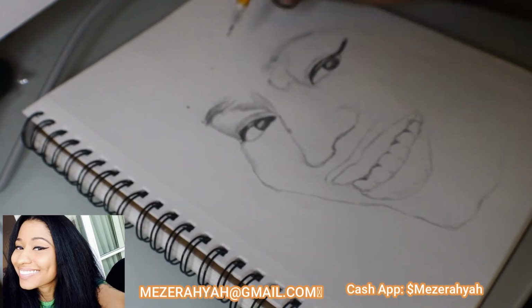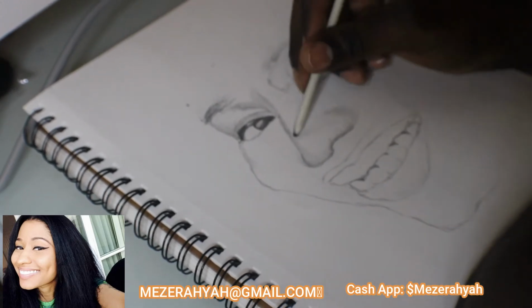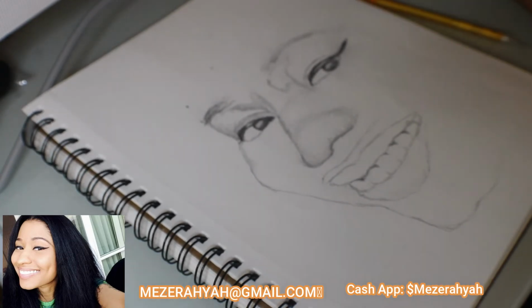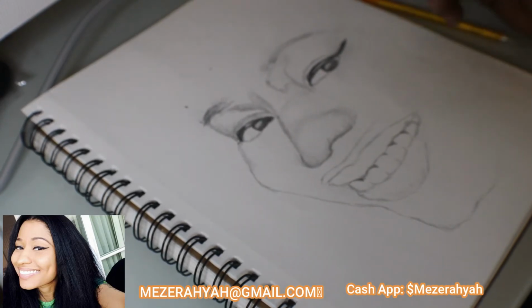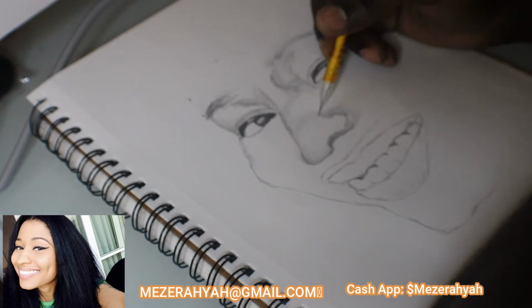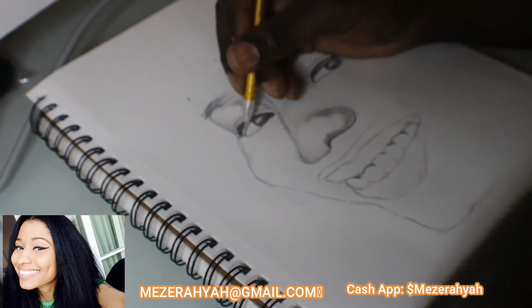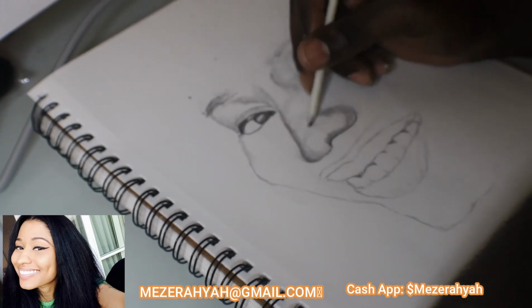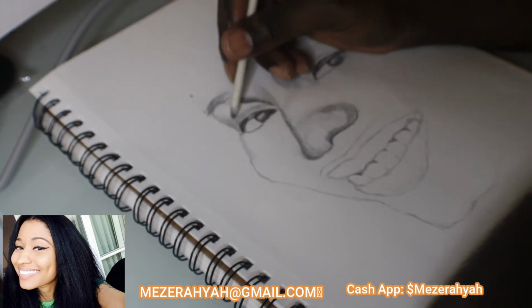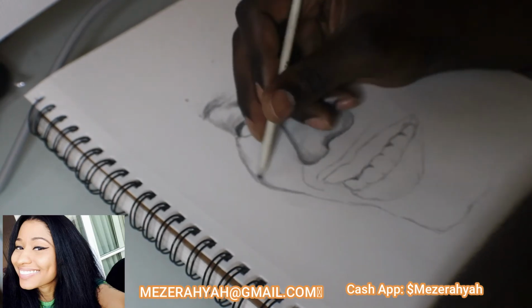So yeah, as you can see, I started off with Nicki's eyes, and then I always start with the nose. If you pay attention to how I draw gaps between the eyes, I don't know if everybody does that, but I literally count the spaces as I'm looking at the picture, and I count the spaces between the eyes. If that makes sense. So I'll look at the picture and I'll put the pen where the line starts, and then I'll start counting and estimating where the second eye will start. So I'll draw the first eye, then I'll draw the line where the nose separates the eye, and then I'll start dotting my paper from that line to the next eye, and then I'll get a good view of where the eye goes, and then I'll probably measure